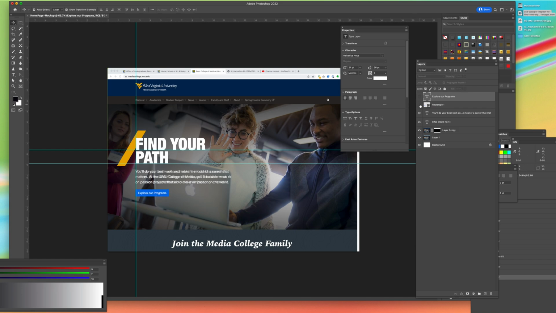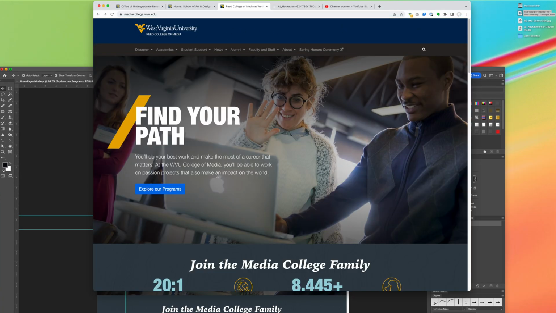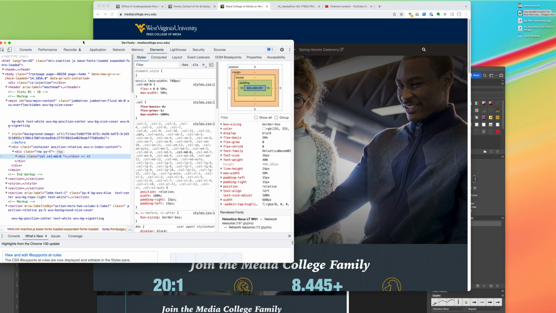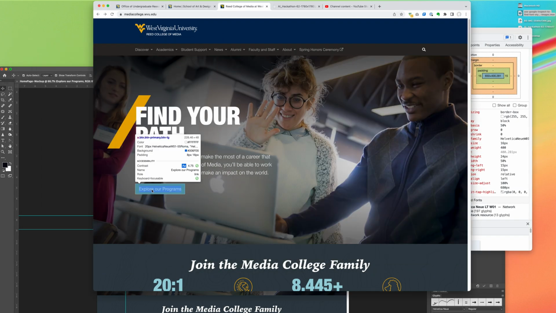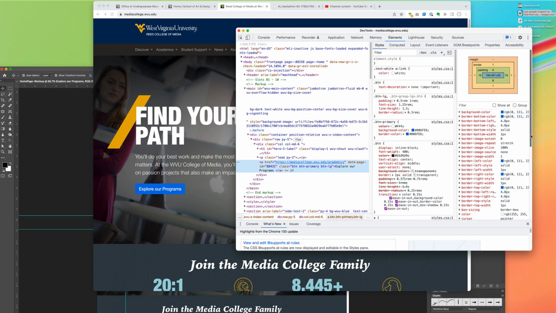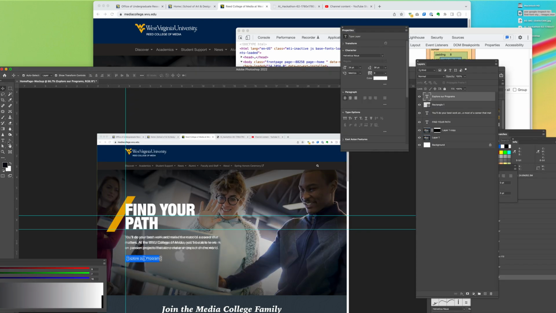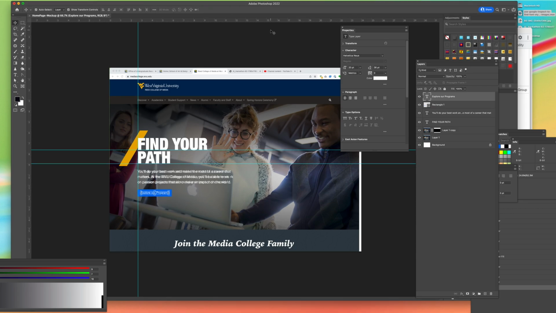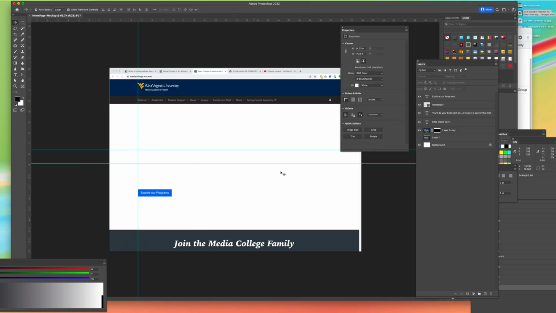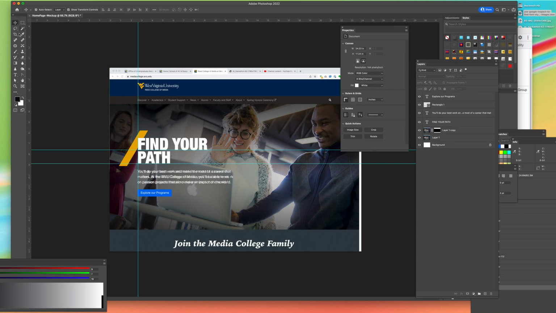It is smaller text. I can always come back to my file here and inspect. Come here and I can see it is size. Scroll over, so I'm in computed, font size 20. Okay. All right, so I have all of these items in place. I might make my rectangle